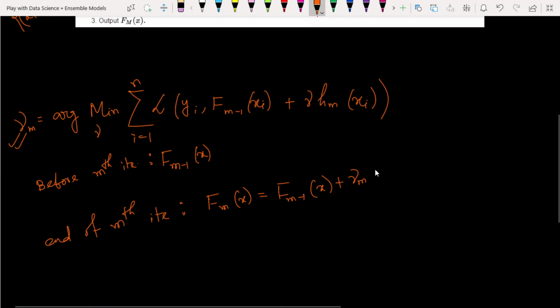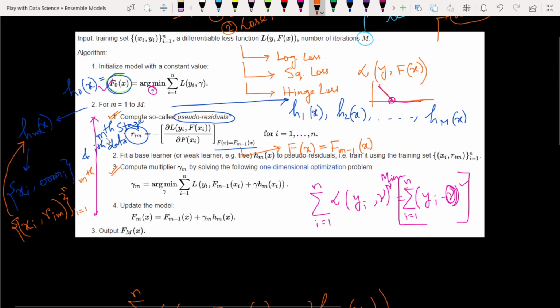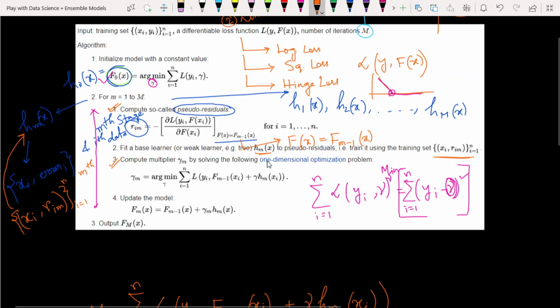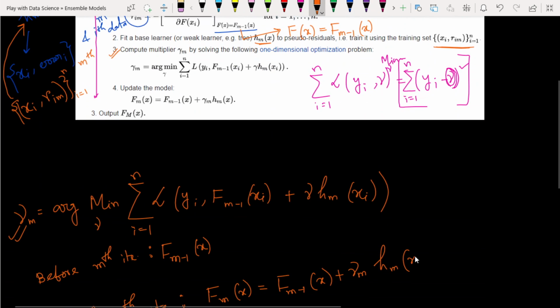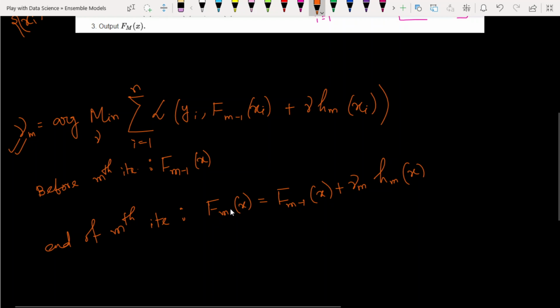Now we have to add the base learner model that we have found at the m stage, the simple base learner built by training using this data set, x i and the pseudo residuals r m i, that we called h m of x i. That is the simple job we have to do to find F m of x at the end of the mth